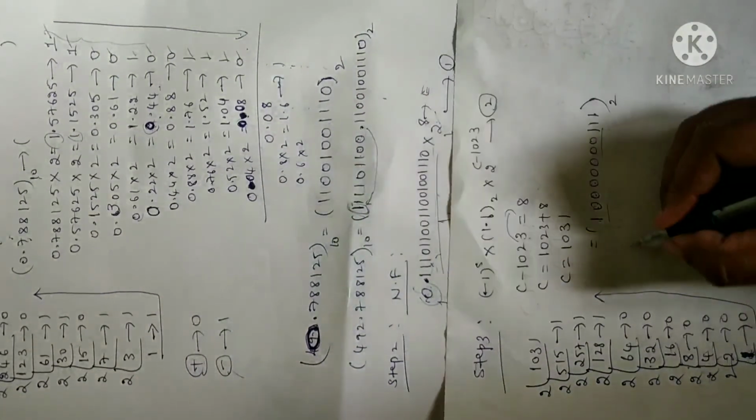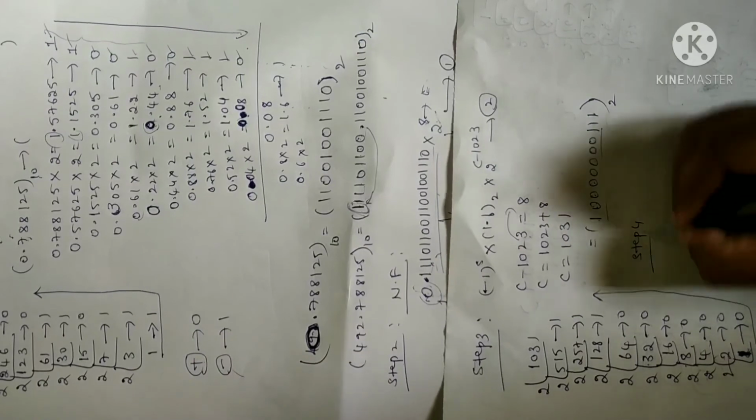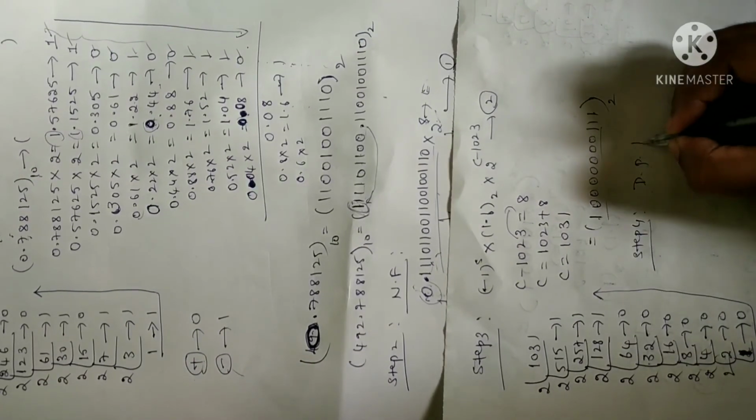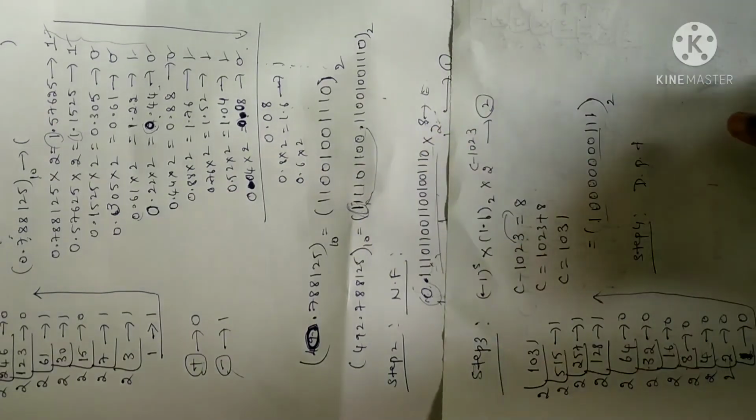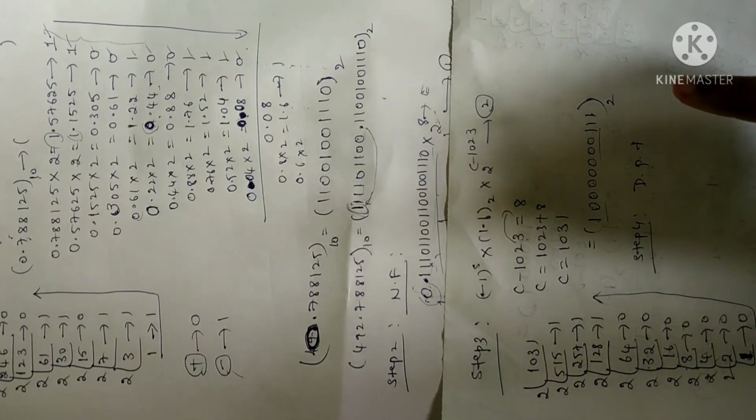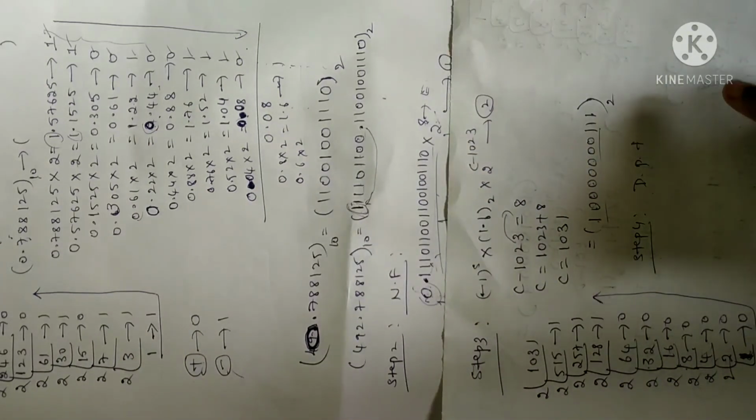Now as per step 4, as per the procedure, double precision point in standard form. Double precision point I'm going to write. You have to write all the steps properly. So just to save time, I'm writing it in short form. Please go through the notes I have given and write all the steps.